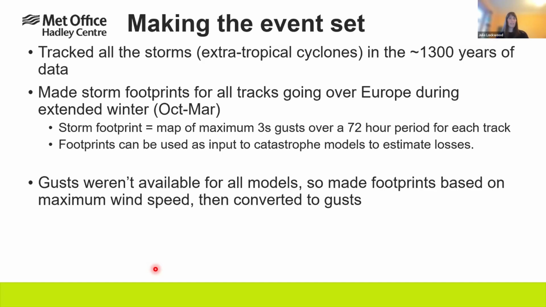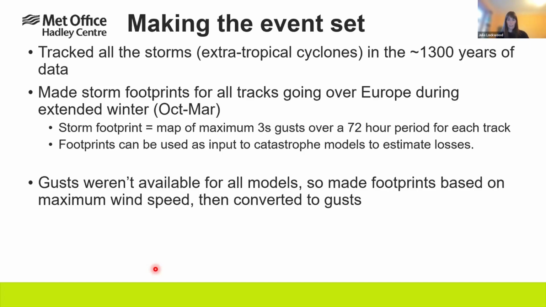And these storm footprints, the standard definition is a map of the 3-second maximum gust over a 72-hour period associated with each storm. And the idea is that people from the insurance industry or risk modelers could take this set of footprints that we've generated and then use that as an input to one of their catastrophe models and estimate